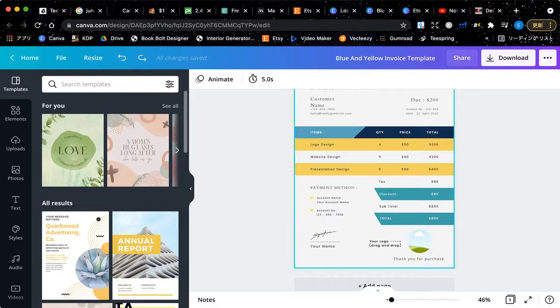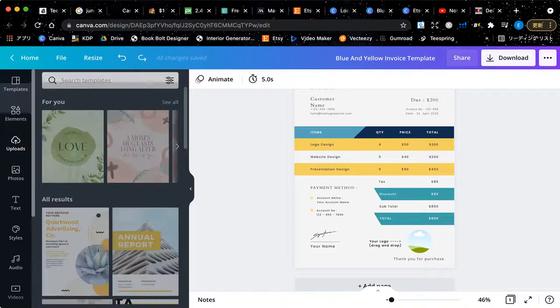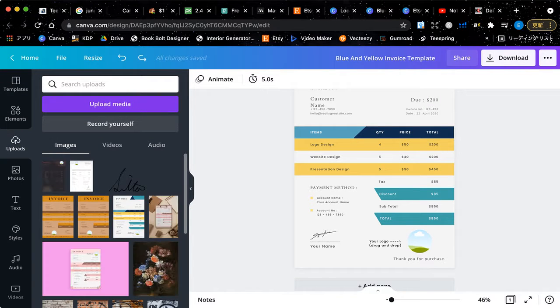The first step is over here on the left-hand side, you have templates, elements, uploads, photos, text, styles, audio, and videos. Okay, you have all these options, but the ones that we really want to focus on here are the uploads, elements, and templates. You can use the other ones too, that's totally fine, but for now in this video, I'm going to teach you about uploads. So, for example, if I had